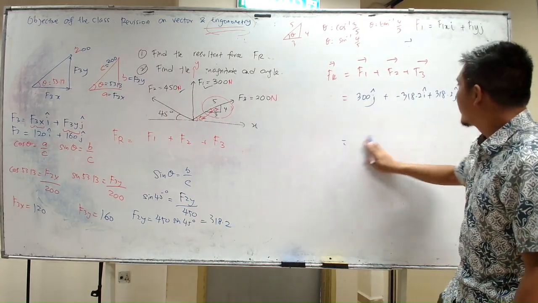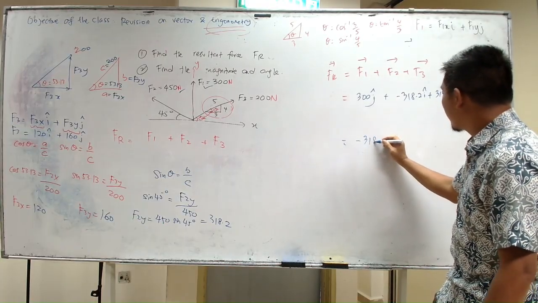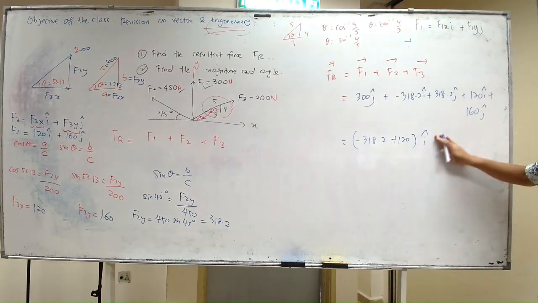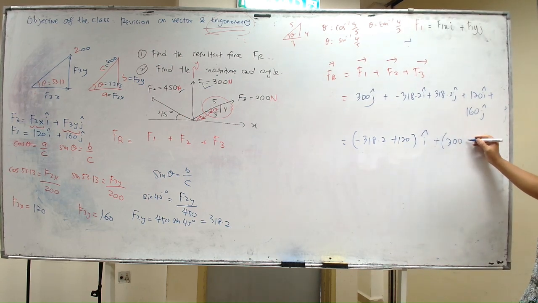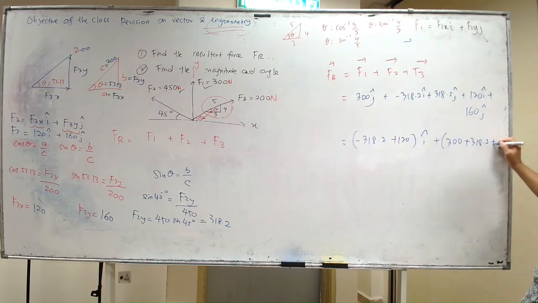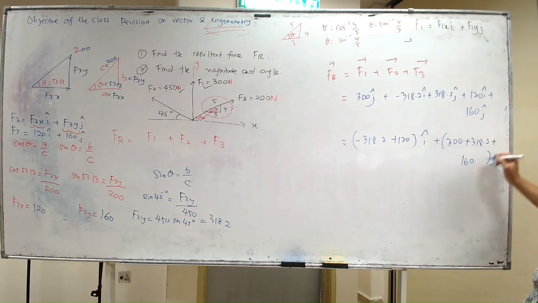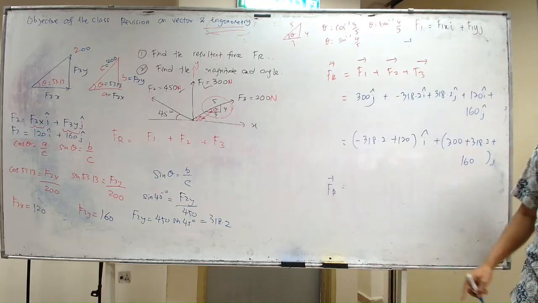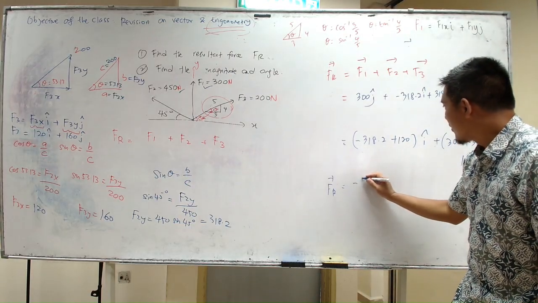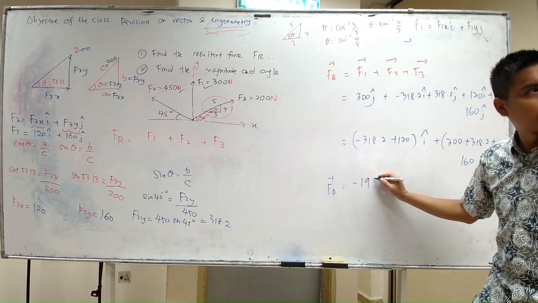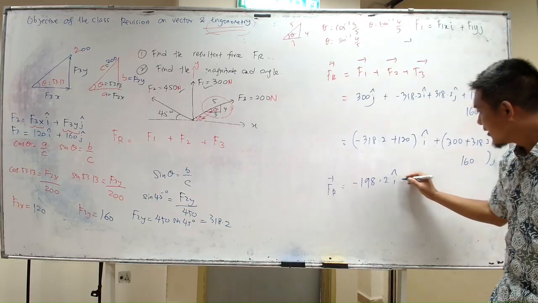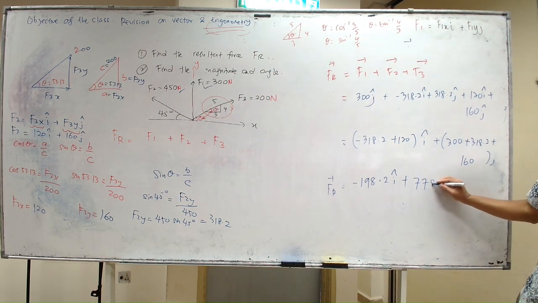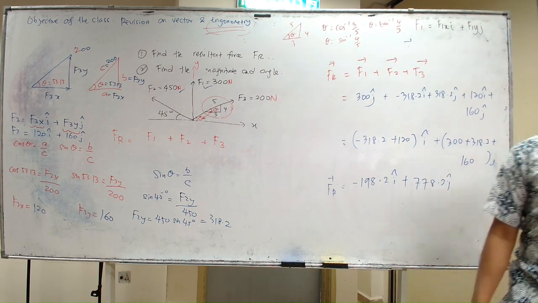Okay. So finally, you get negative 318.2 plus 120 I plus with 300 plus 318.2 plus 160 J. So this is your F. So what is the answer here? Negative 198.2 I plus with 8.2. So